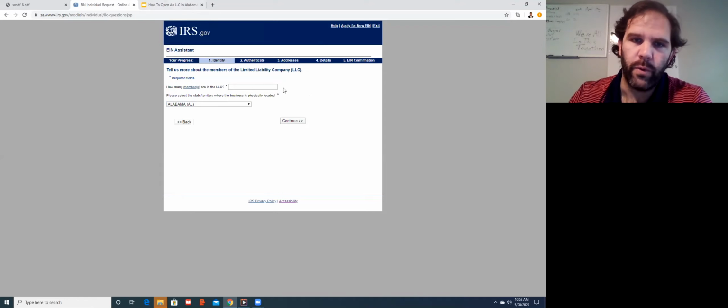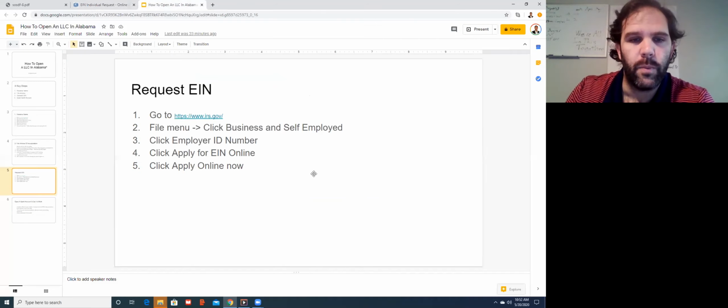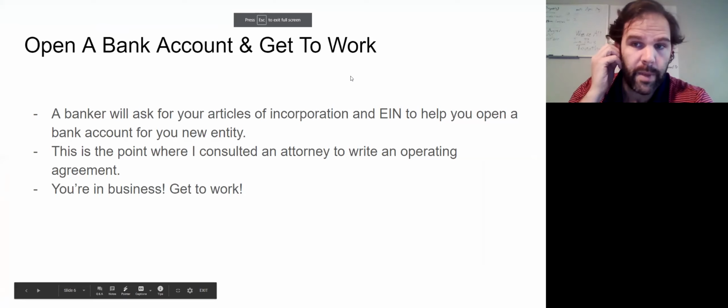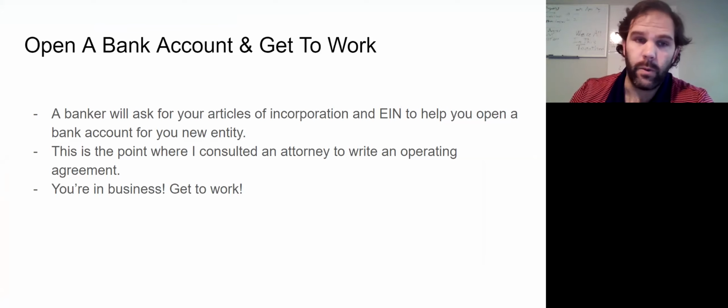So that'll just walk you through, they ask you all this stuff, they ask you for address, but what you end up with is a form that says, here's your new entity number for tax filing purposes, and you're official with the IRS. So you take those two things and take them to your local banker. I would recommend using a community bank that works with small businesses. I've had a lot of success with that, and somebody who's going to be able to support you in what you're doing locally. So you basically take them your articles of incorporation and your EIN, and